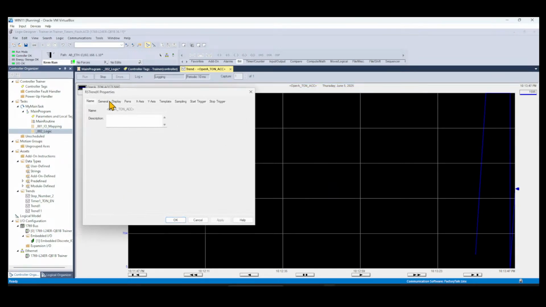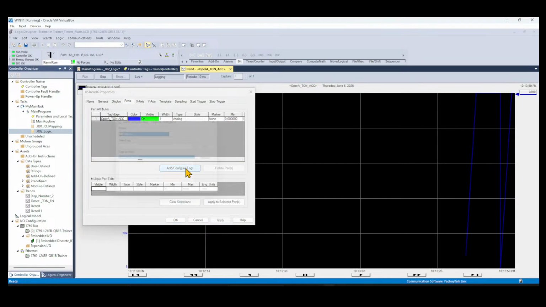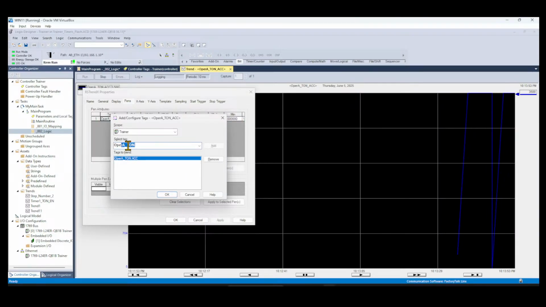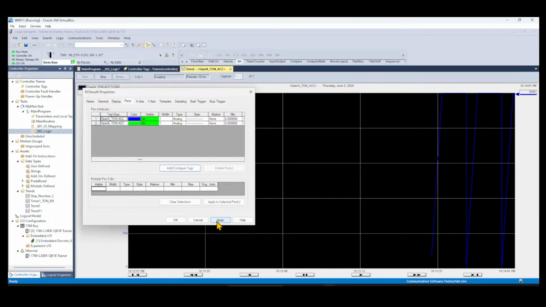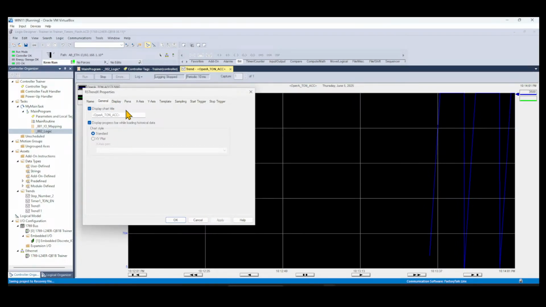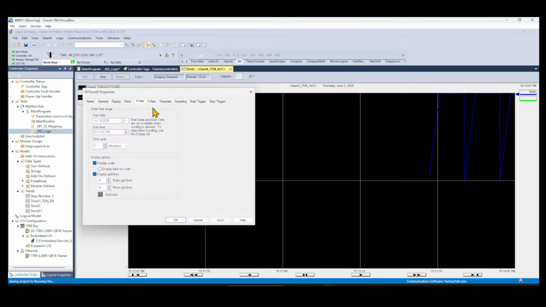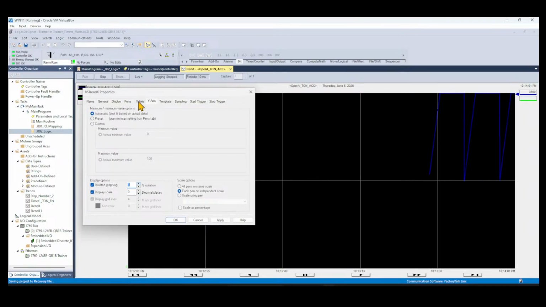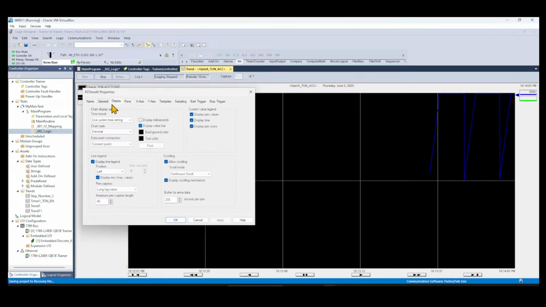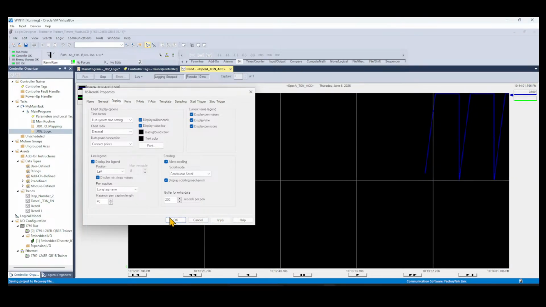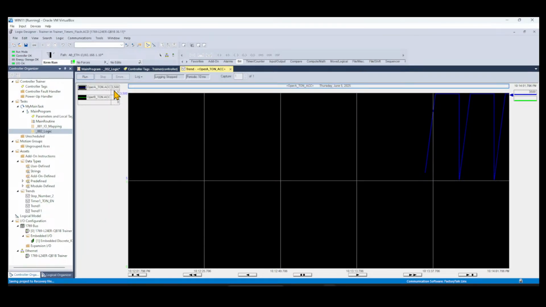And similarly, you could trend operator B timer on dot ACC, add, okay, apply, and you could put them on individual scales by using the isolated graphing. So you go to y-axis, isolated graphing, and on x-axis, on general, I think on display, make sure you have milliseconds. Apply, okay, and run this